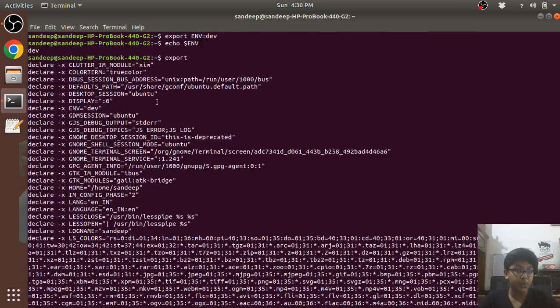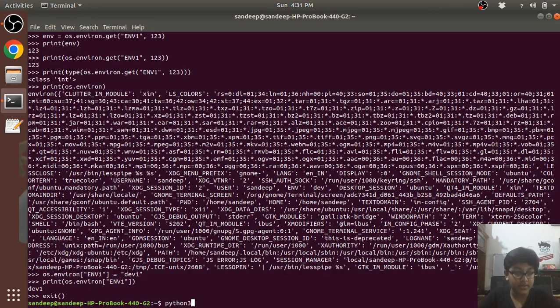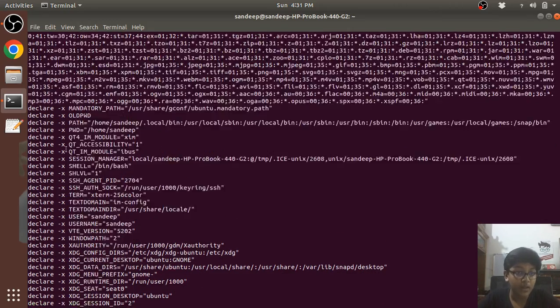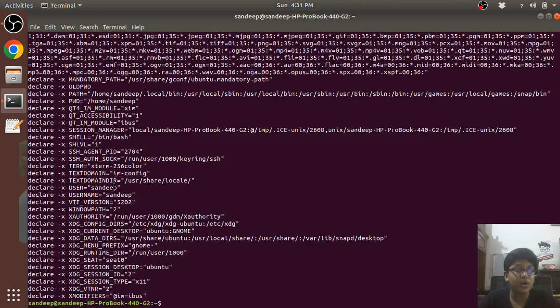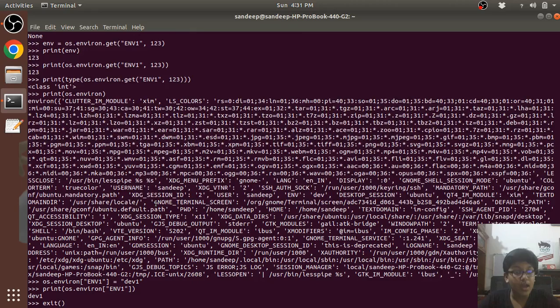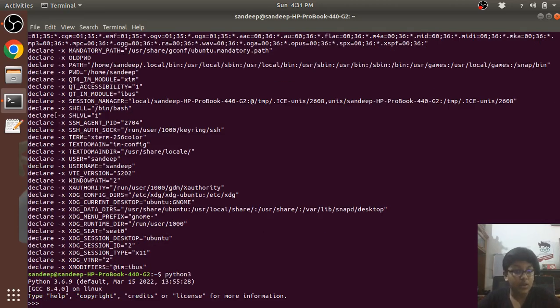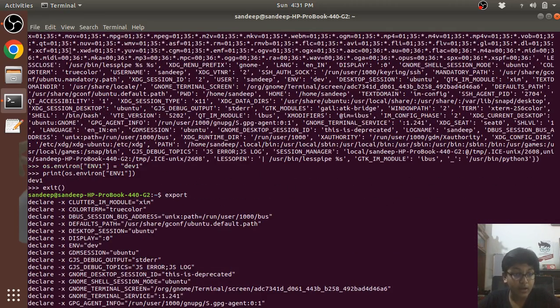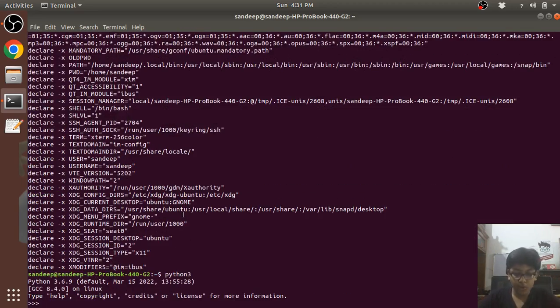But you must be thinking, now it has created this environment variable outside also, where we just call the export statement and we saw all the variables. No. So if I do exit, and if I do export now, you will nowhere see env1. That's because the environment variable that was created was specific to this Python program, right? So if I go back to Python 3, the environment variable that we created was specific to this program over here. If I import os now,